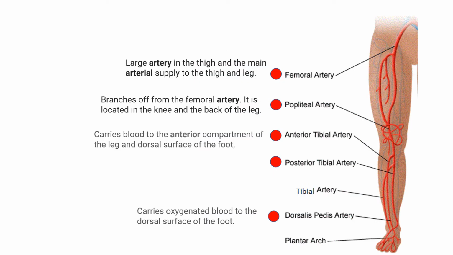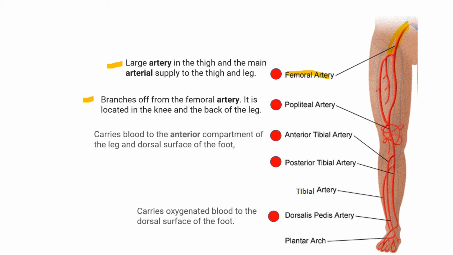All right, so the large artery in the thigh and the main arterial supply is the femoral artery. A lot of times, if doctors want to look at something going on with the heart, they may inject something, or a tube, through the femoral artery to reach the descending aorta and then go upward into the heart. But that's the femoral artery, pretty big, pretty thick, and that's the main supplier of blood to the leg. So that's going to branch off. You have the femoral artery,